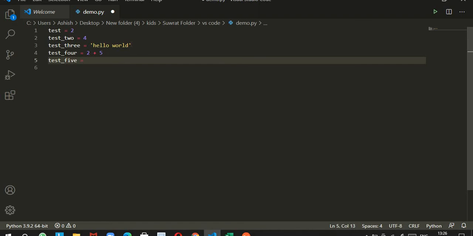And equals. Now you can actually add the two variables, like test and test2 have the value as an integer, so you can add those variables too, and that is actually true. So I'll just say test plus